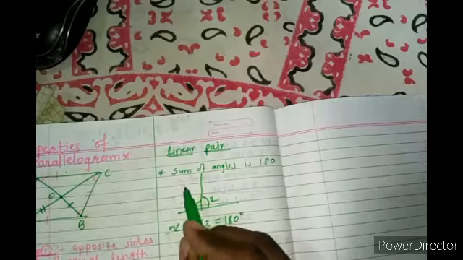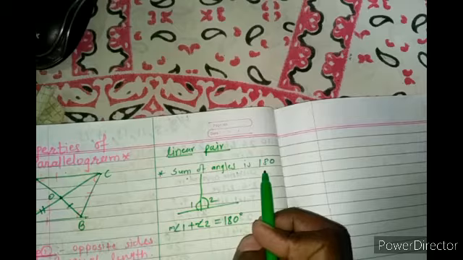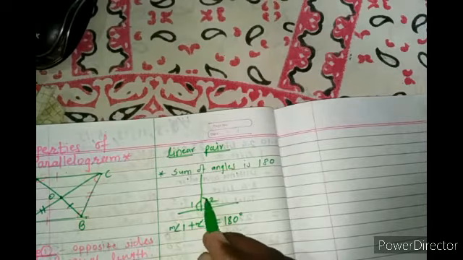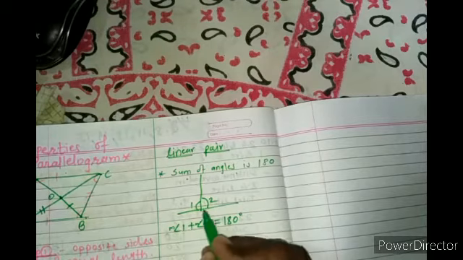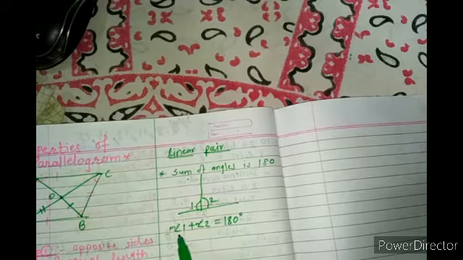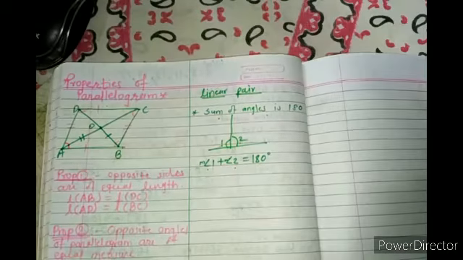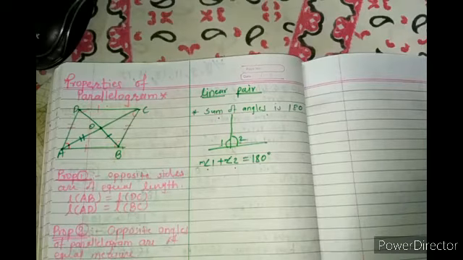And the last, linear pair. You know very well, the sum of angles is 180 degree of whose linear pair angle. Why they are linear? Because there is one straight arm and one horizontal arm. Beside of that straight arm there are two angles, 1 and 2. So measure of angle 1 plus angle 2 is equal to 180 degrees. So these are the most important properties, right? If you want to copy, then you can also copy, or these properties are already given in the textbook, right?